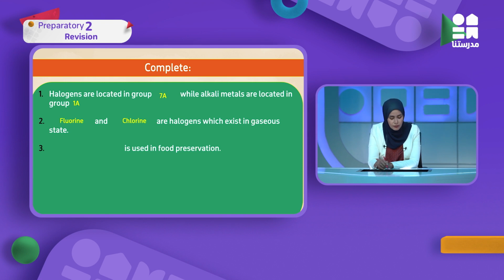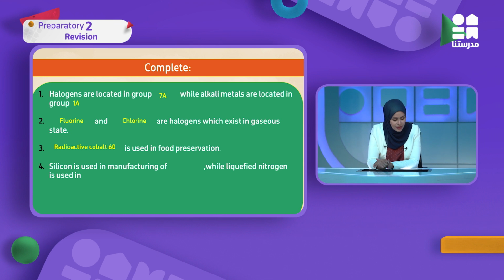Space is used in food preservation. What's used in food preservation? Cobalt 60. Radioactive cobalt 60. 4. Silicon is used in manufacturing of silicon chips. So it's used in the manufacturing of computer silicon chips الصغيرة اللي بتبقى لونها أخضر اللي بيتخزن عليها informations inside